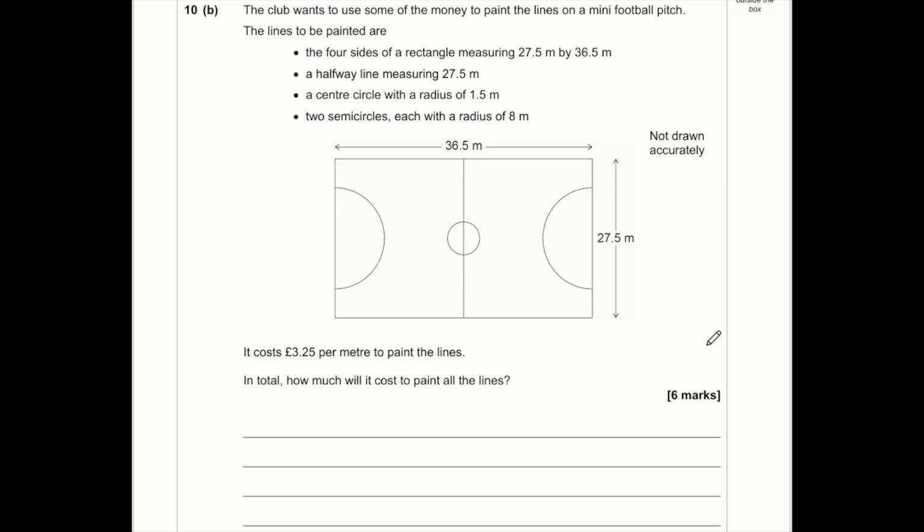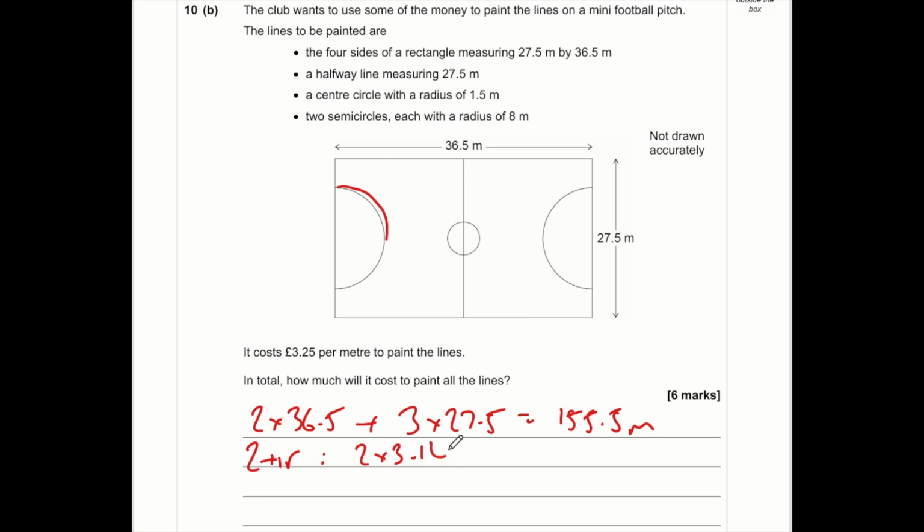Okay, on to D. All we need to do is just measure all the lines. So we've got 2 times 36.5 plus, be careful here, there's the centre line as well, so 3 times 27.5. Let's just do the horizontal and vertical ones first. So that comes to 155.5 metres. Now here I've got a semicircle and here I've got another semicircle, and I can just put them together to make one circle. The circumference of a circle is 2 pi r, so that's 2 times 3.14 multiplied by the radius, which is 8, and that comes to